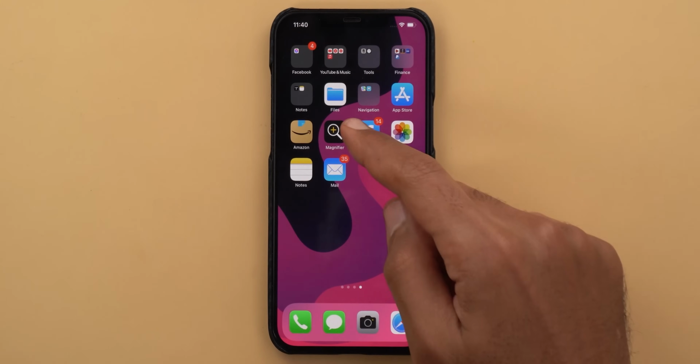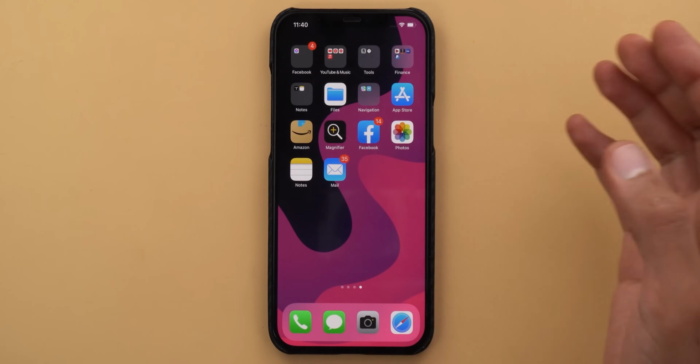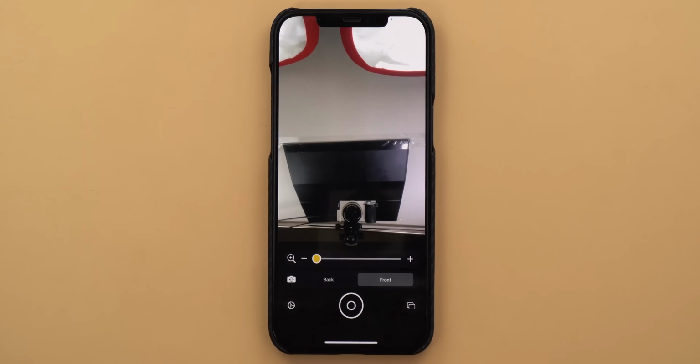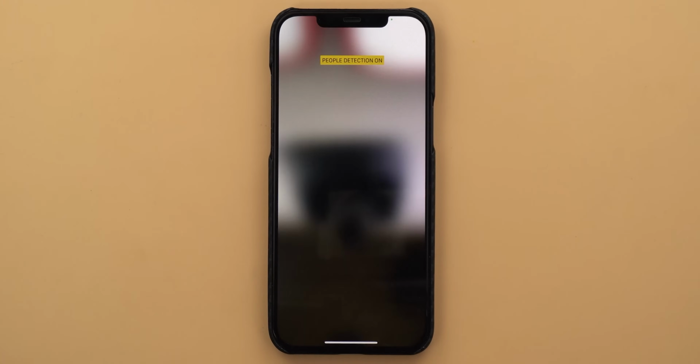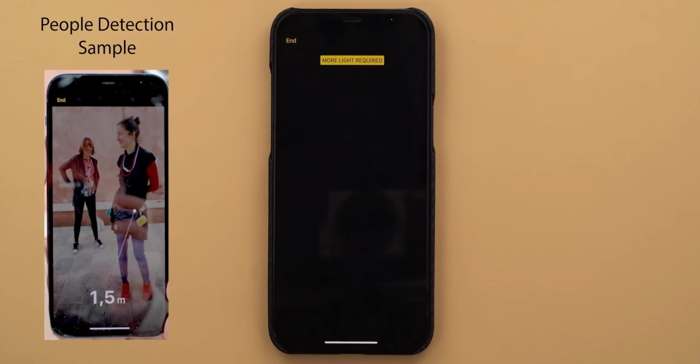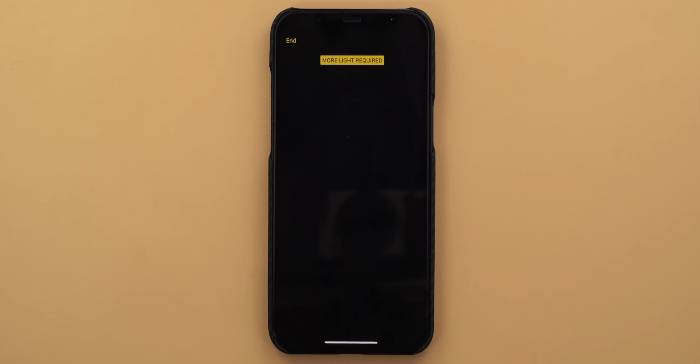Next, the magnifier tool is now a standalone app that you can access from your home screen, and it got some new options. The first one is the ability to use the back and front camera, and there is a new feature called people detection that you can access from here. This feature will use your iPhone's back camera to detect people around you,